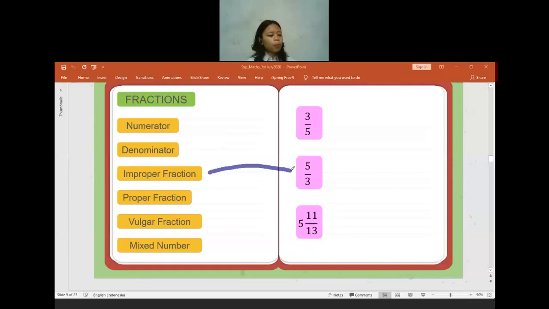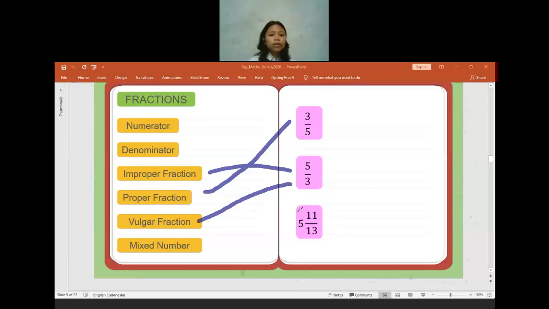Okay. What about the proper fraction? Upper one. Okay, this is the proper. Now there is a word, a vulgar fraction. Does anyone know what a vulgar fraction is? Vulgar fraction in here is the other name of improper fraction. So for vulgar fraction, I can connect it to 5 per 3, because actually vulgar fraction is the other way of people saying the improper fraction.